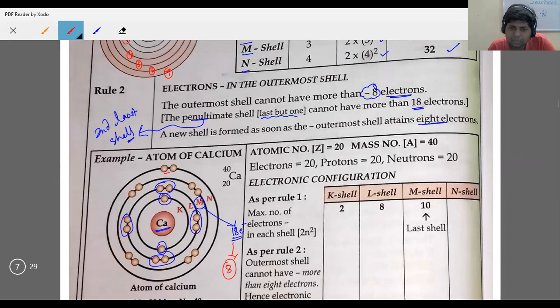Is it clear? So can you explain again? I'm explaining again. After M, the nth shell will start to fill. Like in calcium, 2 electrons are going here. After calcium comes titanium. In titanium, add 2 electrons more, then 2 more, then 2 more. Now it can start accommodating in this third shell. Now an extra 10 electrons can be accommodated in this one. Is it clear?